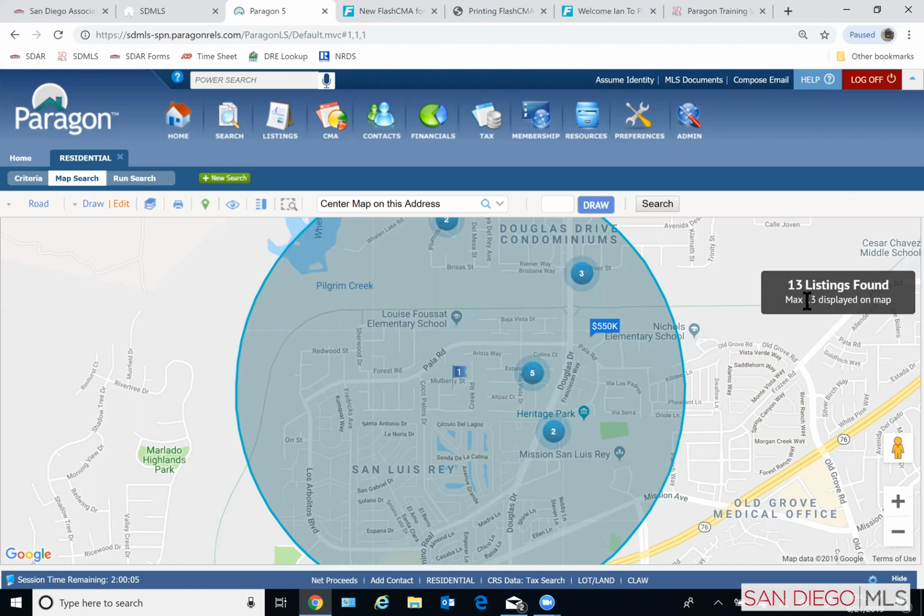We see we have 13 matches that are either active, pending, or sold. And at this point, we've typed in all the criteria already. We can just click right here on Run Search, and we're going to see those 13 matches. Now, before I click on Run Search, I do want to show you that you can get back to the